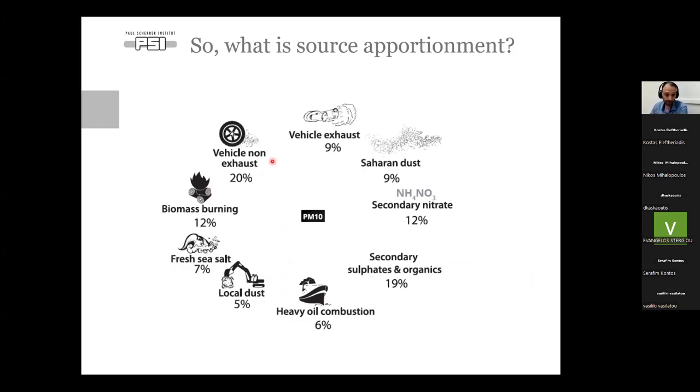So what that practically means is that when we go to a certain area and we measure PM, those PM were not just there, they come from certain sources. So we have certain sources of PM in an area. Each one of them has a certain contribution. If we add all contributions together, what we end up with is the total PM mass. It doesn't matter which fraction of PM we're talking about, this is how it goes. So source apportionment is practically going the other way. From information about PM, we go back and identify the sources and how much they emit.